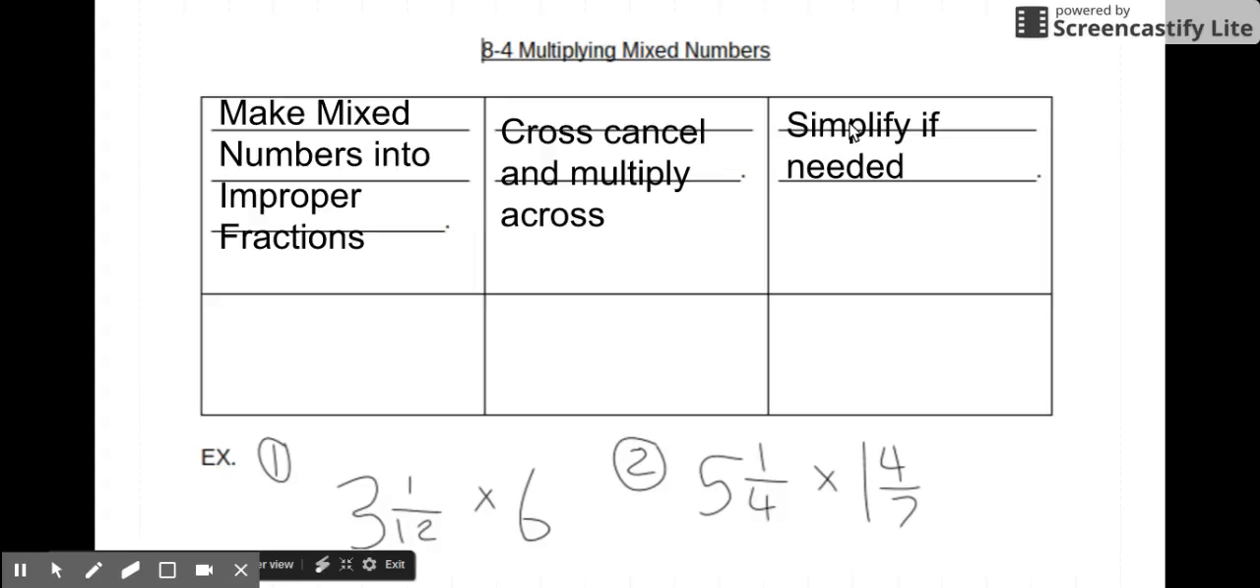but step one is to make the mixed numbers into improper fractions, and then you cross cancel and then multiply, and then you simplify if needed. So really the only difference between this and what we did yesterday is this first step of making them into improper fractions. So if you look at example number 1,